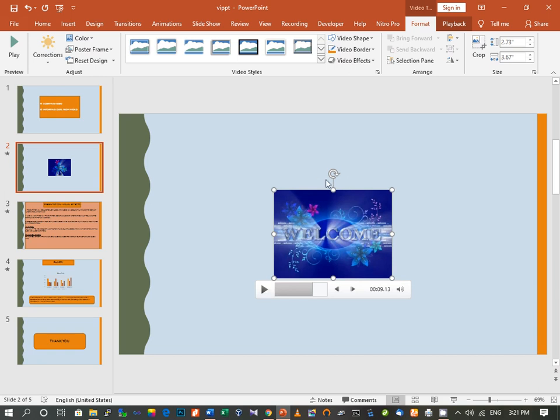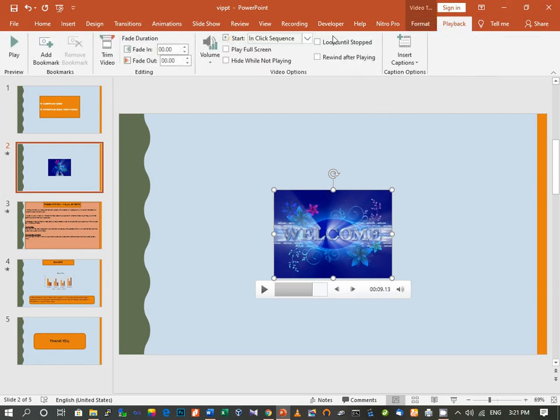Then there are some options which you will have to set for this video in your slide. So you click on this, or you can go from here, this Playback. Then here you have some options like when you want to open your video. This normally we choose when clicked on. If you want it to play automatically, you can choose Automatically. So I'm choosing When Clicked On. Then if you want it to appear on the full screen, you can choose Play Full Screen.